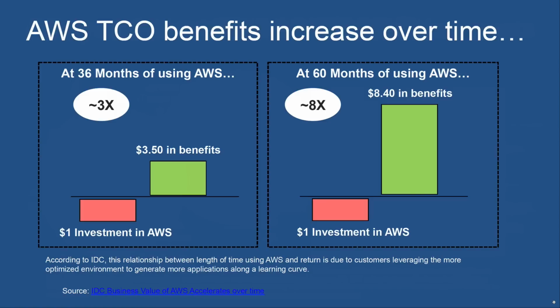And of course, if you're going to start with a position where you've got better cost efficiency in the platform, the longer your utilization duration is for the services where you're getting that cost advantage, the more benefit you will drive versus traditional infrastructure. So you can see here that customers that have been with AWS for long periods of time typically tend to drive more cost benefit than customers that are using AWS only for short periods of time. So you can consider this as a viable platform for long-term workloads as well as for workloads that are bursty or spiky in nature.